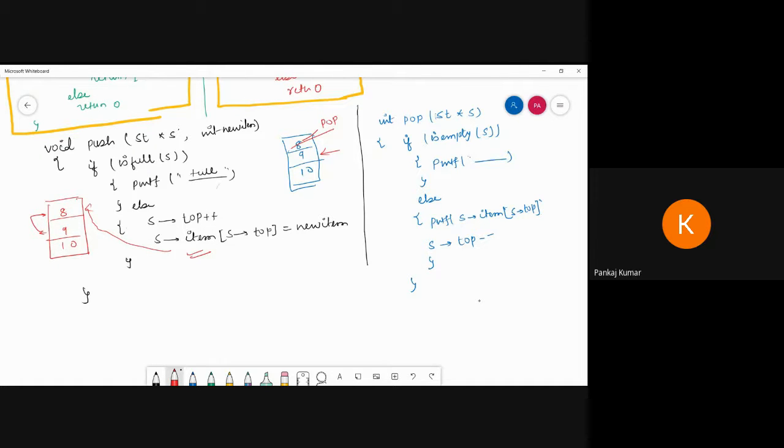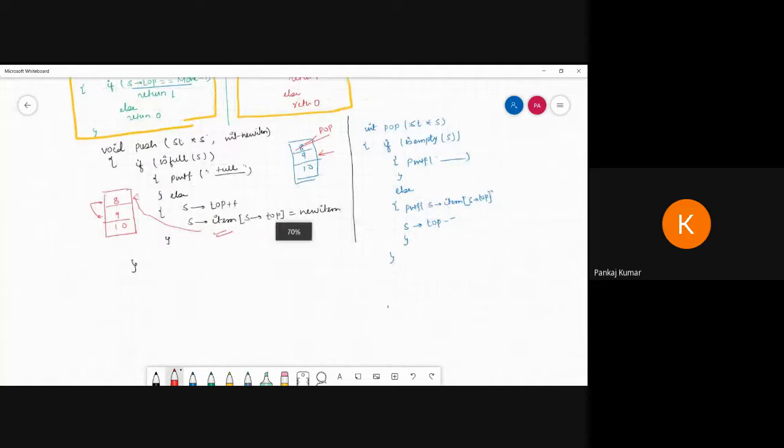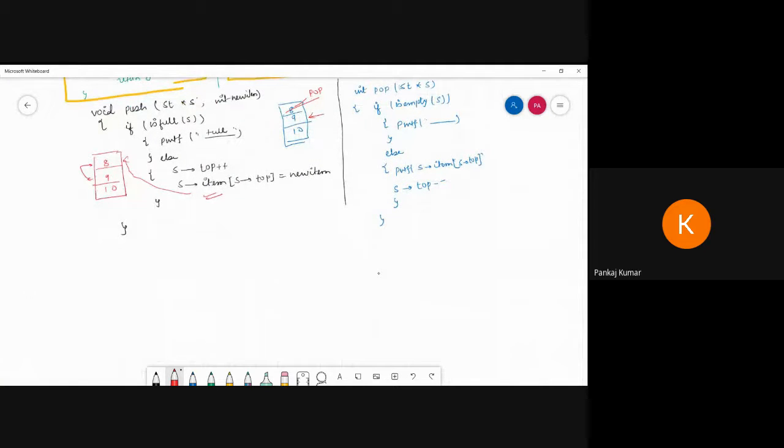If you want to print all the items, we can create a print stack. So how to print this one? You know how to print, so you have to write this code also if you are interested. This one is the easiest. Print stack, and here pass this pointer again.